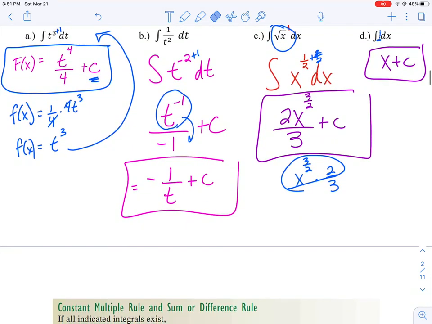Okay? Make sure that you practice your power rule. We're going to do some more problems. We're going to get a little funner, like I say, as we go along. So make sure that you practice the basic ones before they get